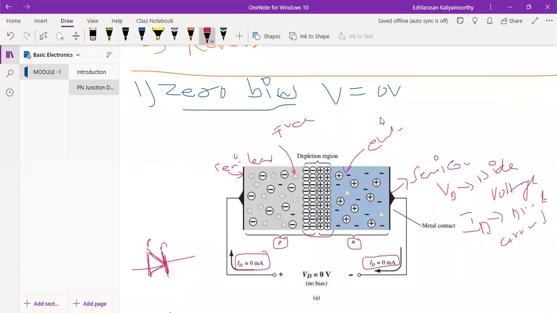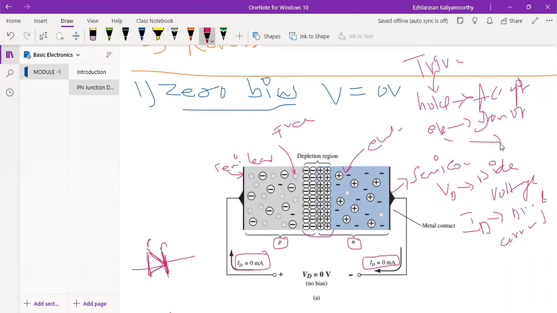Now, one more thing you can say: normally in the impurities, the holes come from an acceptor, we can call it. It is an acceptor. Then electrons normally come from donors. It can donate, right? So this is the acceptor. Holes from an acceptor means a trivalent impurity; we need to add a trivalent impurity to make the p-type material. For the electrons, we have to add a pentavalent impurity.